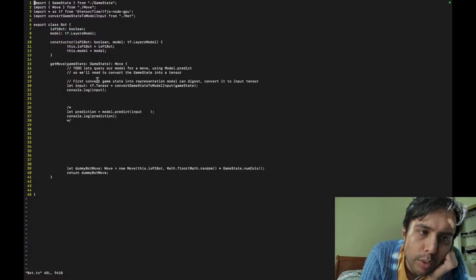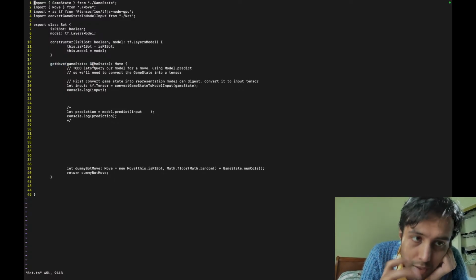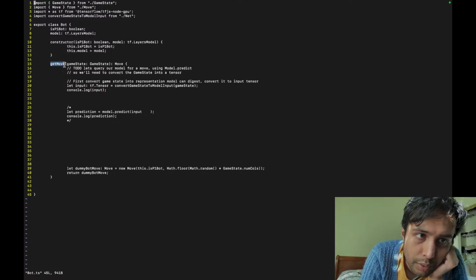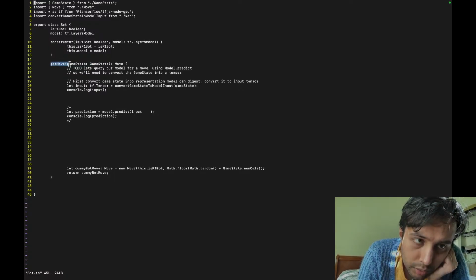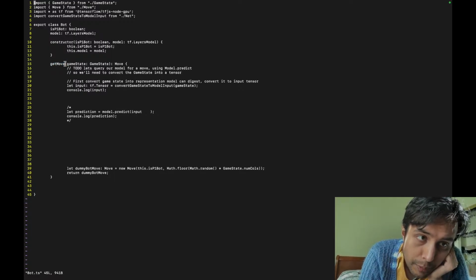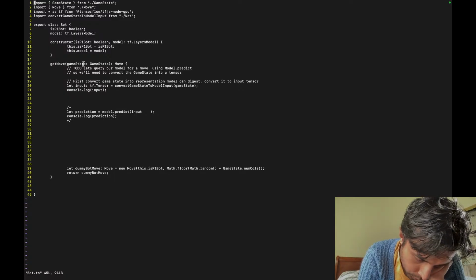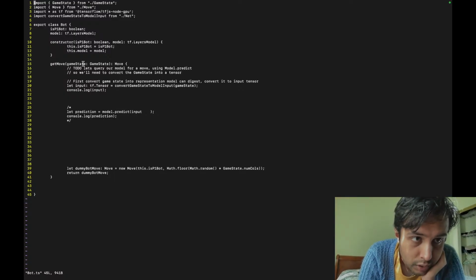Because whenever we're invoking get move, it is the bot's turn. We're querying a move, and we're passing in the game state, but we're doing it for the player whose turn it is.